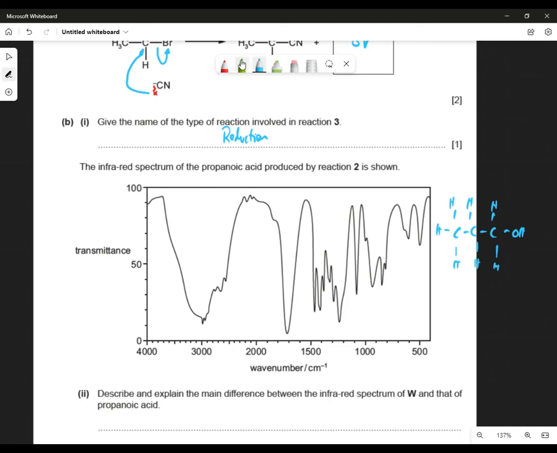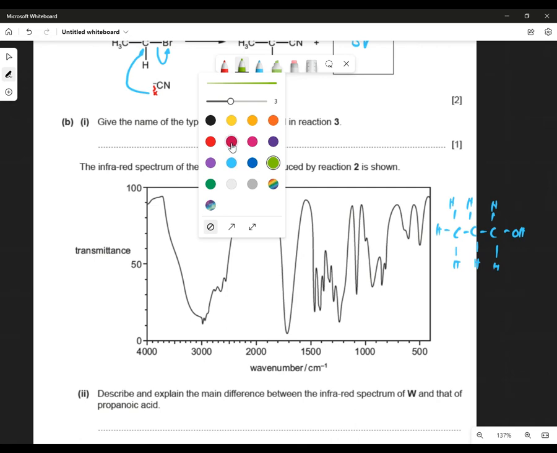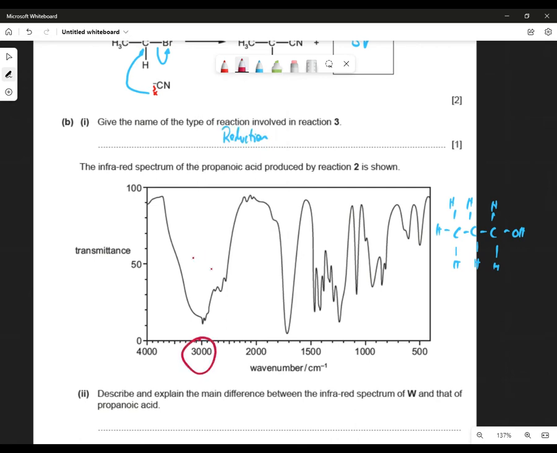Now, while we're here, let's have a look at this. Let's break these down nicely. This group, around 3000, broad, it's quite broad that way, it's an OH. This one, around 1700, is a C double bond O. This one, around 1250, is a CO group. So this is a very typical carboxylic acid. You've got the carboxylic bit, this, you've got that bit, okay, and that bit, all right, and that bit, basically,